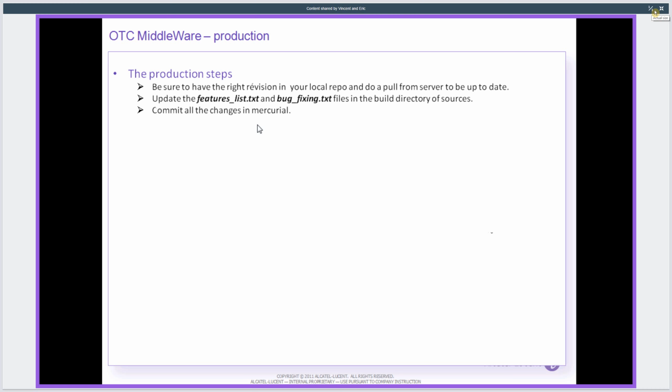As you have seen, in the major version, we build a new branch, and for the minor version, we build a patch. We just open a patch. So here, for the main version,